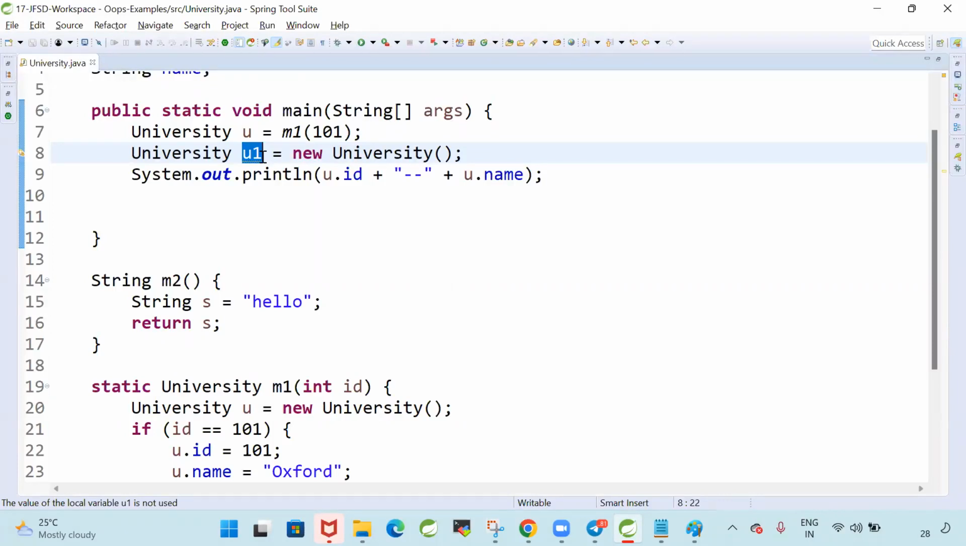In this scenario, what is happening? In line number 7, am I creating the object? The M1 method is creating the object and giving it to me. The M1 method is creating the object and returning the object. That object I am storing into the u variable. So what is the value available in the u variable? Object only. What have I done in line number 8,